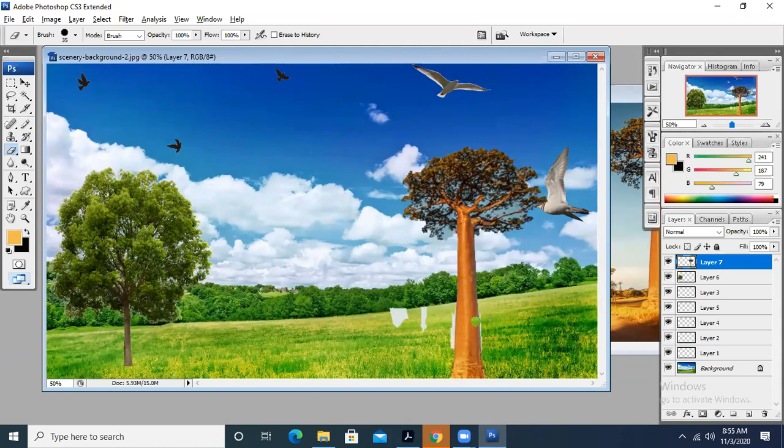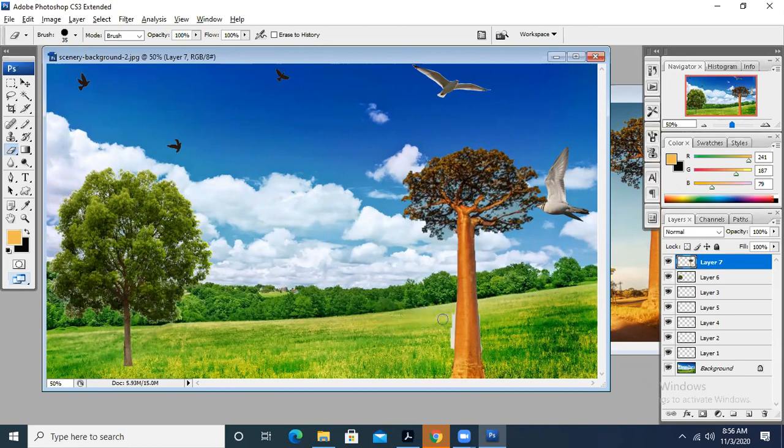If you make some mistake, just like if you delete it in this way, press Ctrl Z, so that if you are making some mistake while deleting the portion of the tree, you can undo it.